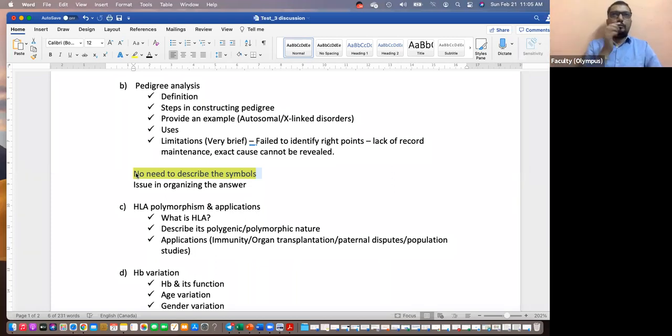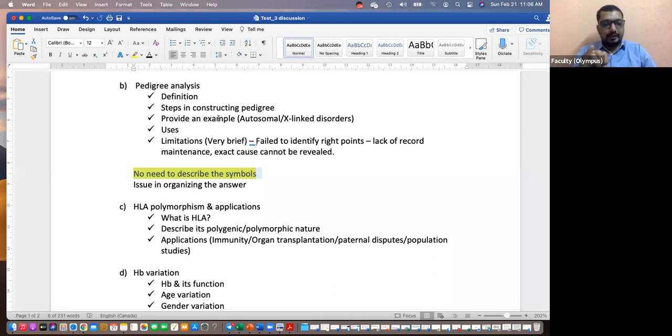One mistake I've seen is that you draw lines through the symbols. Fill the symbols. If they're affected, fill the symbols. I think you're just drawing the lines; completely fill it. That is what is normally recommended. Don't draw the lines, but fill the symbol. And so you show the generations, and what I would expect here is to show how a pedigree chart is constructed.